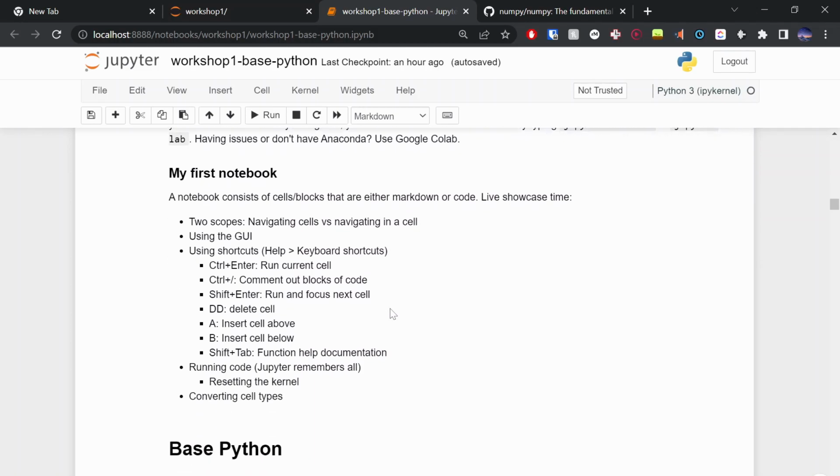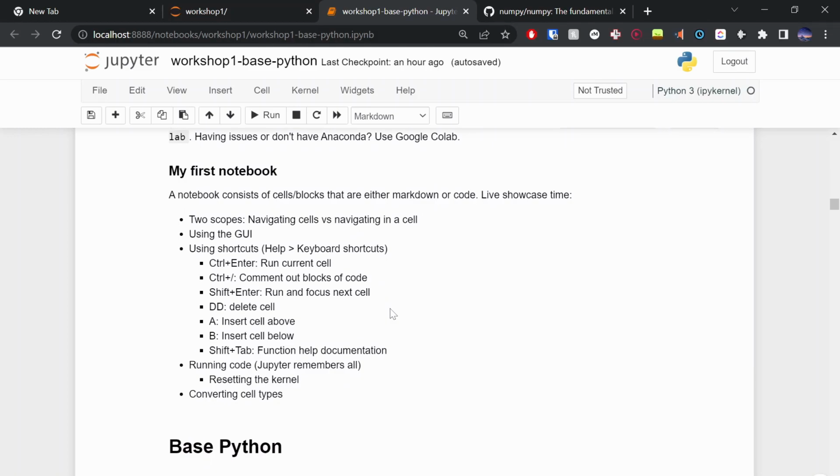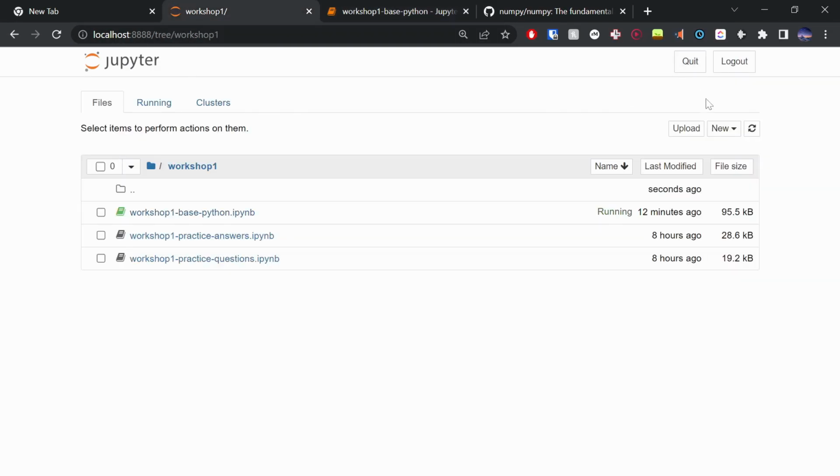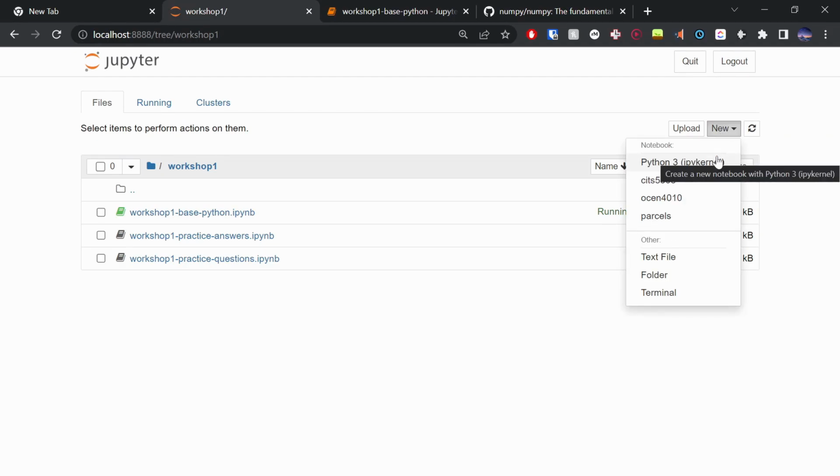Okay, so let's get started with our first notebook. Any questions so far? No? Okay, cool. If you are in this window here, you can just do New, Python 3, Notebook. And that will spin you up a new notebook. If you're able to have this notebook up in one tab and your own sandbox notebook up in another tab, it's a nice way to learn. You can freestyle in your other notebook without messing up my beautiful notebook.